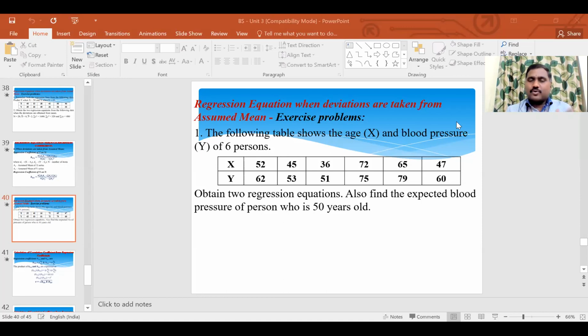Second step, no problem. Second step, I told you to make your 10th and 12th mark as an individual series. Right? Individual series means what? Together. Okay, but there are some people. Then we'll get 12 subjects, sir. So 12. Yes, 12 subject or 10 subject. Okay. It depends upon your board, right? State board or central board. It depends upon you. But I told you to make both x and y. That means 10th and 12th mark as an individual series. For that, you calculate mean, median, interquartile, range, standard deviation, coefficient.